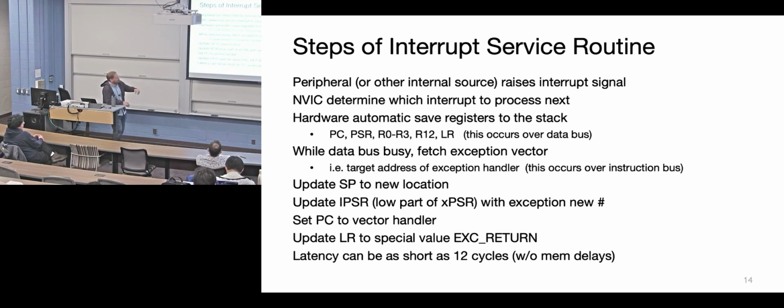In this particular cycle, in this particular processor, it's 12 cycles delay, assuming there's no memory delays, which means that your high-performance bus is some sort of pipeline thing, and there could be some external reason why there's a memory delay. There's other packets on the pipeline. We don't really talk about that in this class, but it could take longer than 12 cycles.